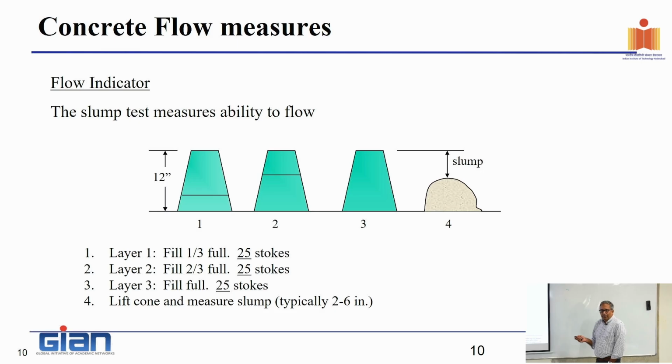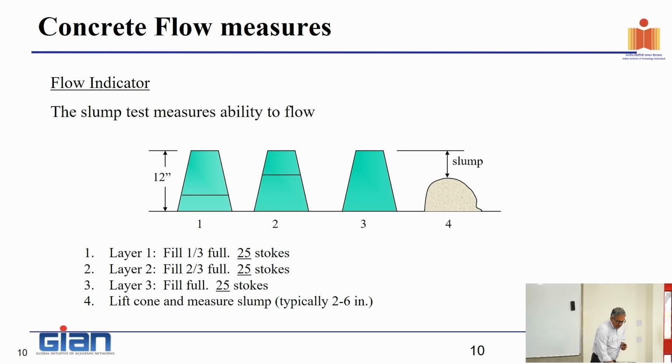It is rested. Okay, but what is peculiar about the shape is if you actually contrast this with what you get with water. Suppose I was to do this with water, what would happen? The minute I lift the cone, essentially you would get a flat surface. Water cannot create or cannot sustain these level differences. So what then allows this concrete to have these level differences? The yield stress. Concrete is a material that has yield stress, right?